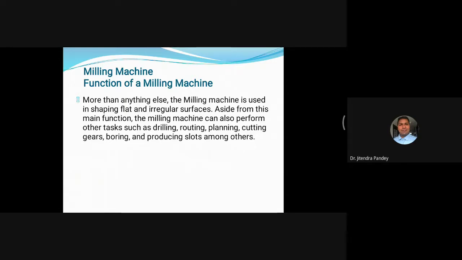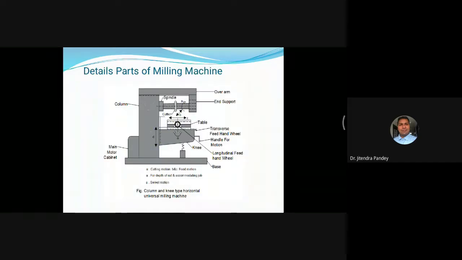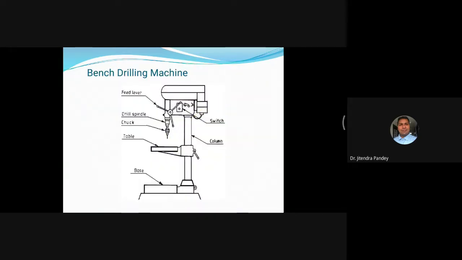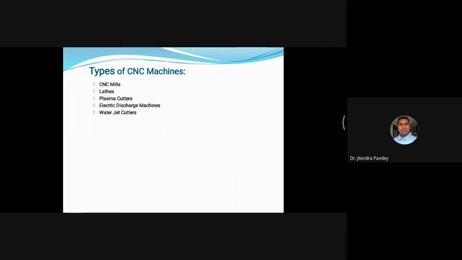This is also a kind of power tool machine, and its tasks are also drilling, routing, planing, cutting, gearing, boring, etcetera, और slotting हम कर सकते हैं इससे, milling machine से. इसका milling machine का ये sectional view है. इसके बाद है bench drill machine. This is being used universally because this is a very common machine for drilling purposes. इसके बाद है